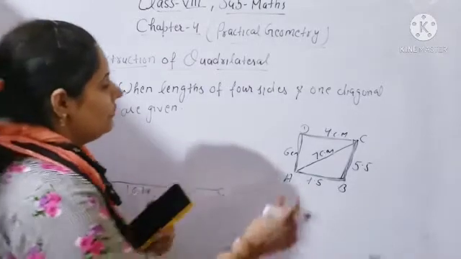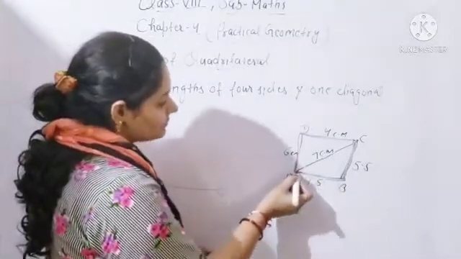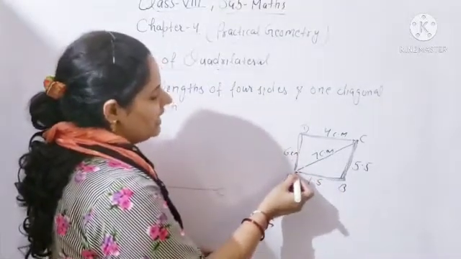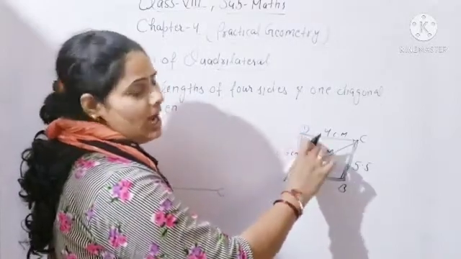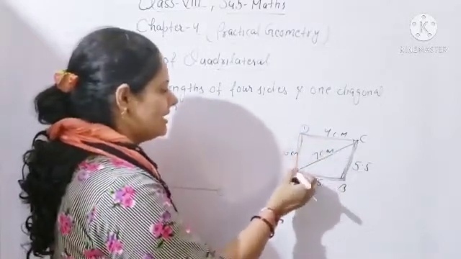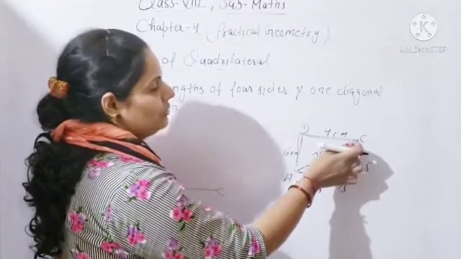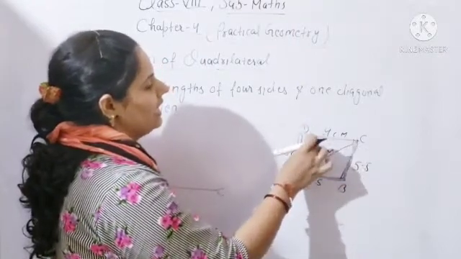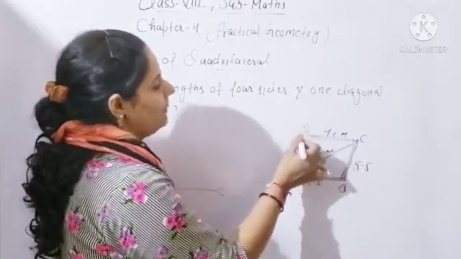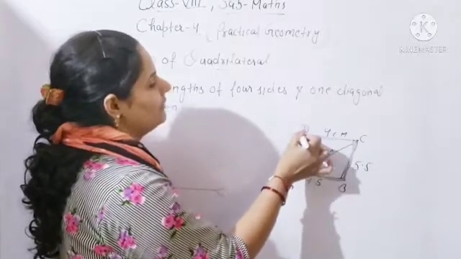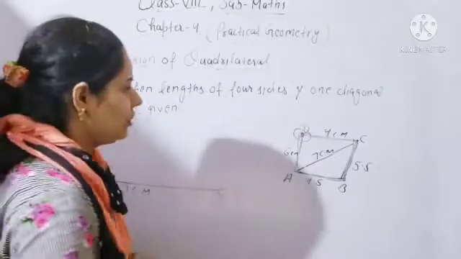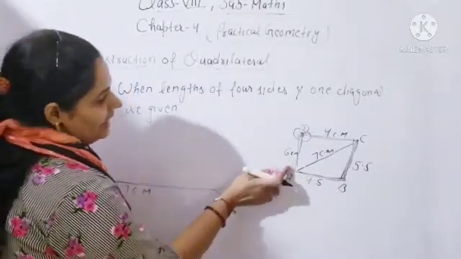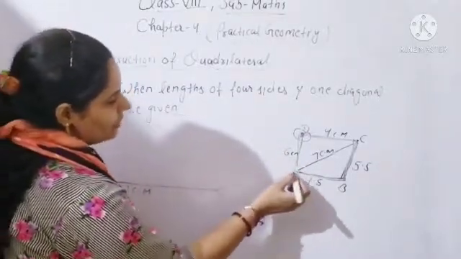After that, second step, from point A you will take a compass and open it 6 centimeter and draw an arc. How many centimeters? 6 centimeter. Same from point C, you will open 4 centimeter and draw an arc, and these two arcs will meet at one common point, and this point will be point D.